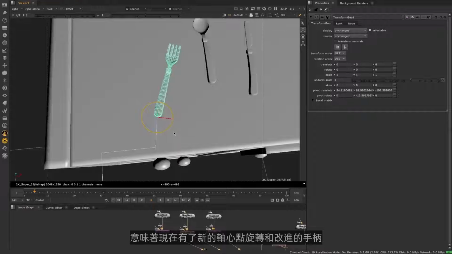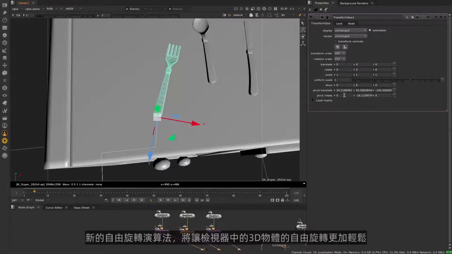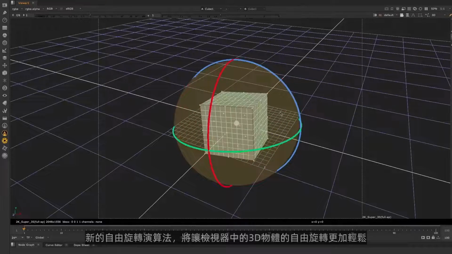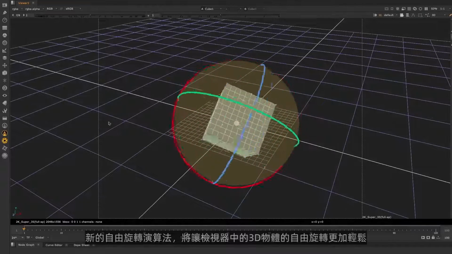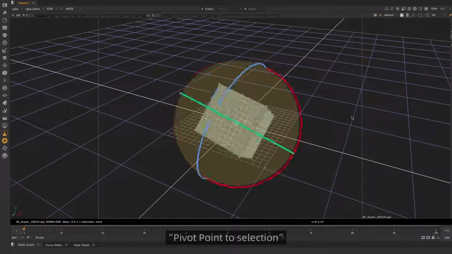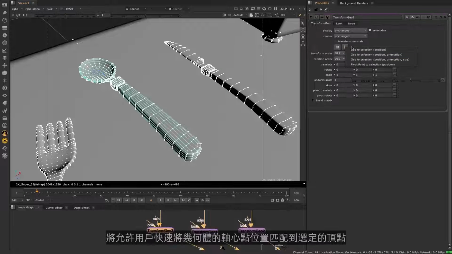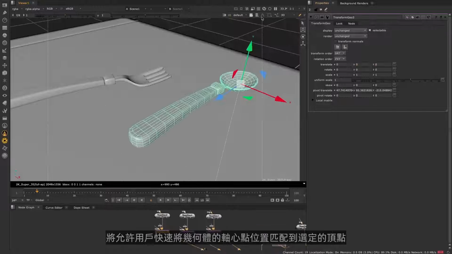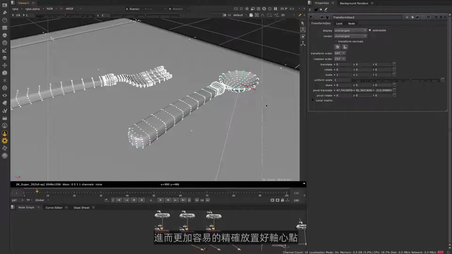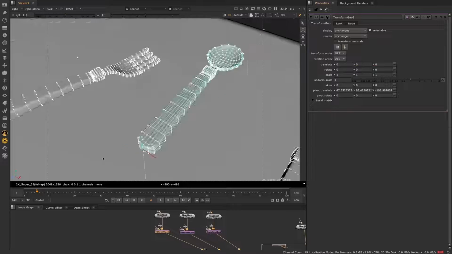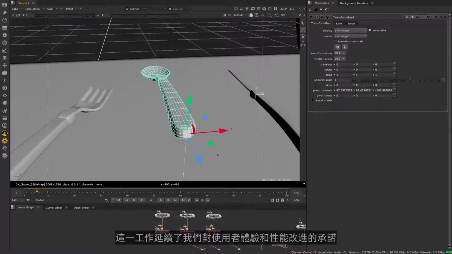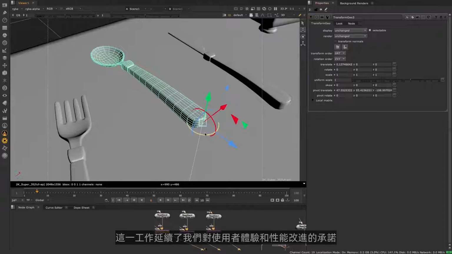This means users now have new pivot point rotations and improved handles, a new free rotate algorithm making free rotation of 3D objects in the viewer much easier, and pivot point match to selection, which allows users to quickly match the pivot position of your geometry to a vertex selection, making it much easier to precisely place pivot points. This work continues to build on our commitment to UX and performance improvements so that artists can work more intuitively